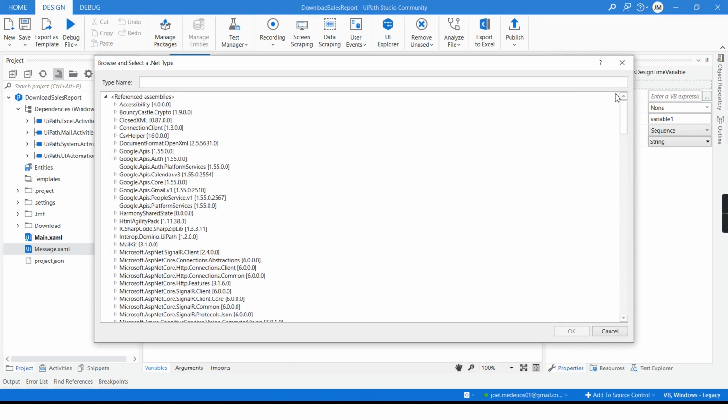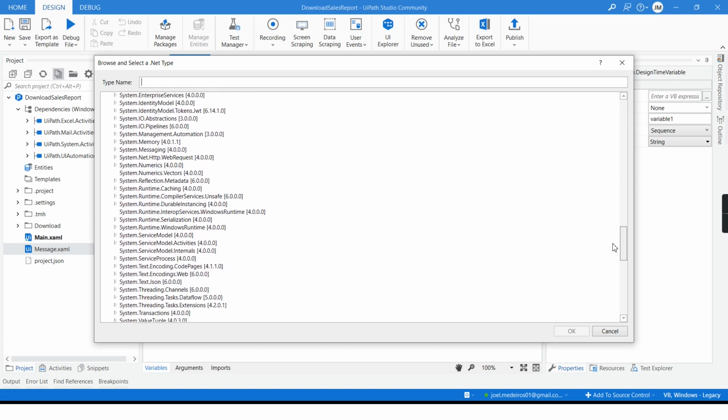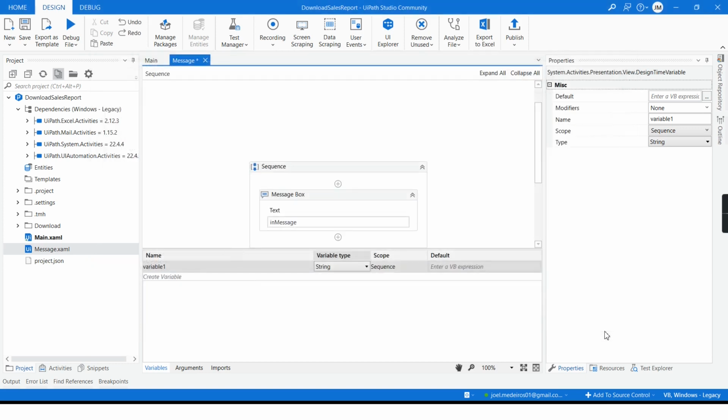When we go to browse here, you can see it's wild. There are many different variables we can create from this list. In short, it depends on the scenario you are creating. UiPath will help you to create the right variable. You don't have to worry much about data types at this moment, but bear in mind that whatever your need is, there might be a data type for that.